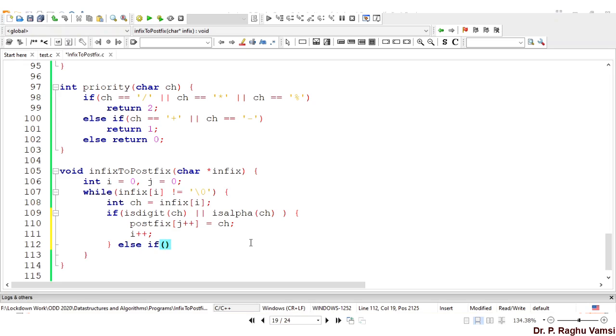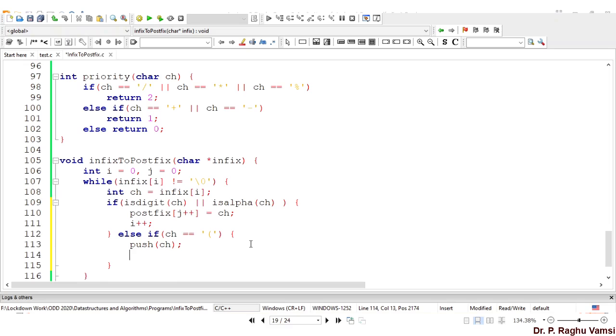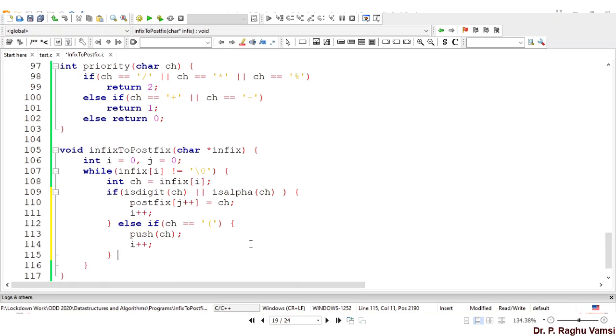So if ch is equal to bracket open, then we need to push ch into the stack, and you need to increment the index.